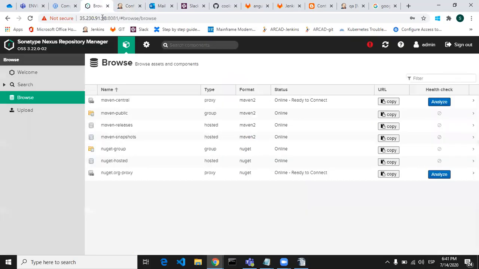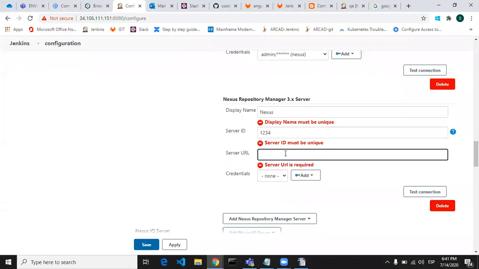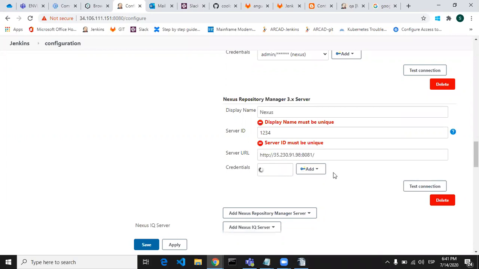Up to 8081, this is the address of your Nexus server, so you just have to paste that address here. So http colon slash slash and then the external IP, I mean the address of your Ubuntu operating system, and 8081 is the default port for Nexus. Then you have to add the credentials.